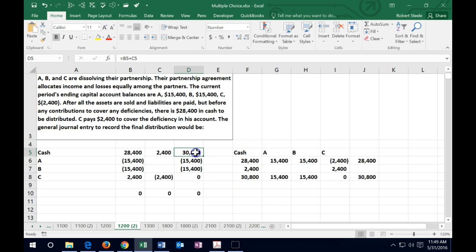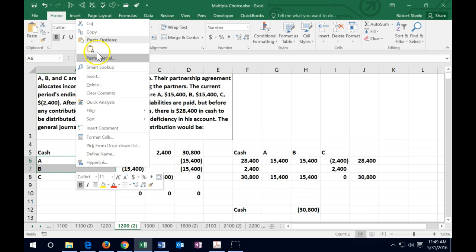and we can see that there's cash. If we look at it in the trial balance, or if we look at it in the table, the cash has a debit balance of 30,800. We need to credit cash, so I'm going to credit cash, and I'm going to put that over here. I'm going to represent the credit with a negative, and that's going to be 30,800, and then